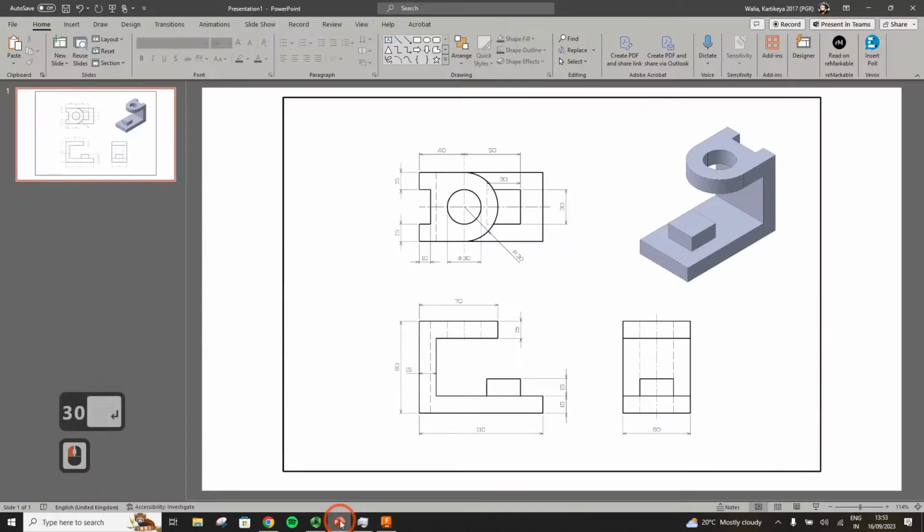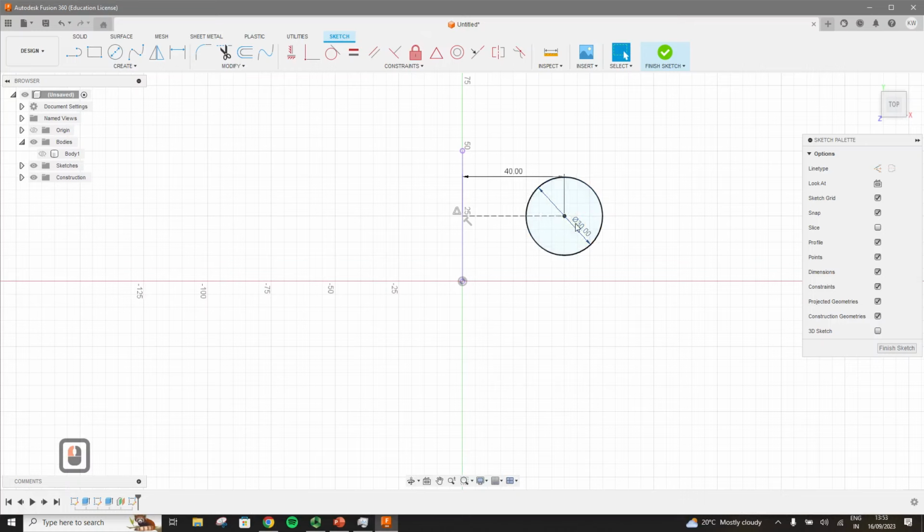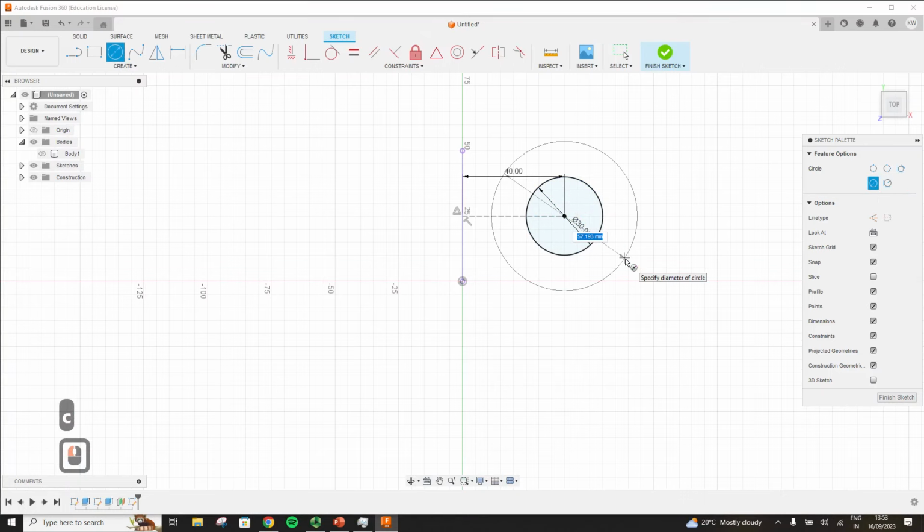Next thing we can see is we have another edge which is concentric to our inner circle, and the radius for that one is 30. So either we can make another circle of radius 30 or we can offset the current one. So let's make another circle maybe. Because we have to enter the diameter, we can enter 60, which we know is double